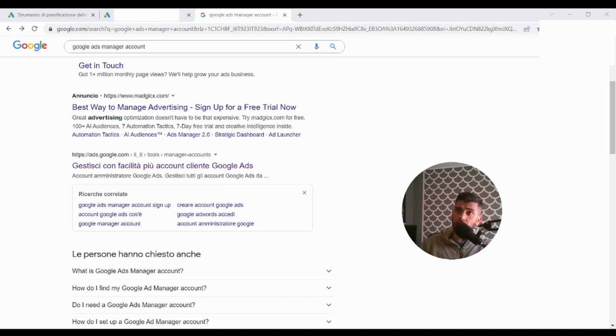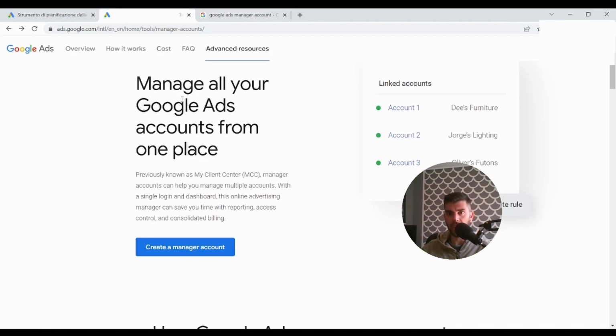So first of all, I searched Google Ads Manager account. So I found this page. Don't worry, it's in Italian, and I'll post you the exact link to get there. So clicking here will show you this page, and clicking on this blue button